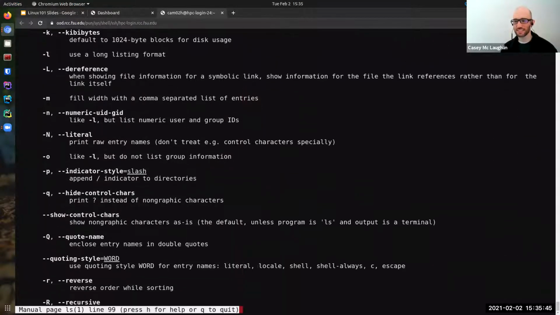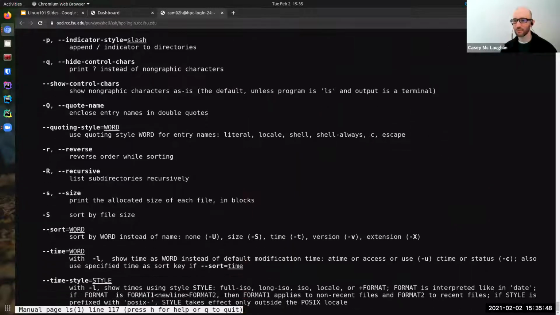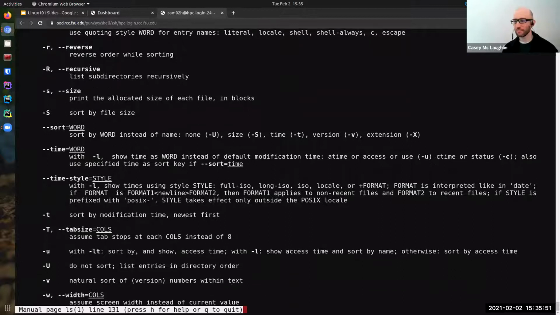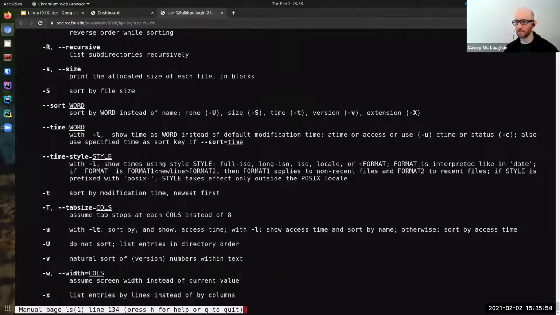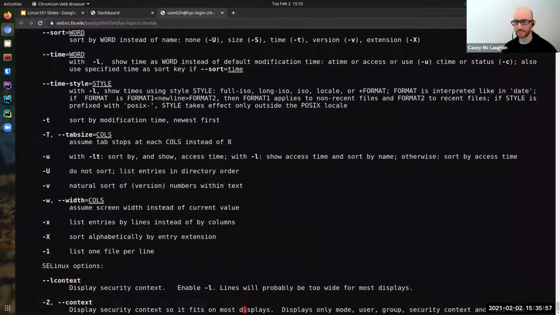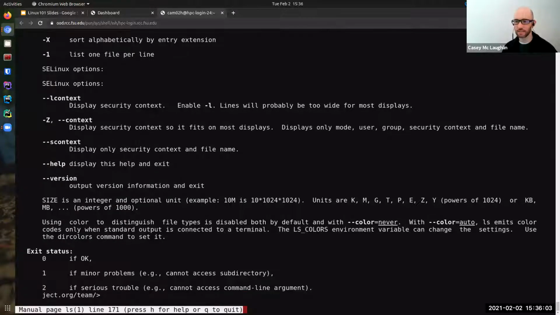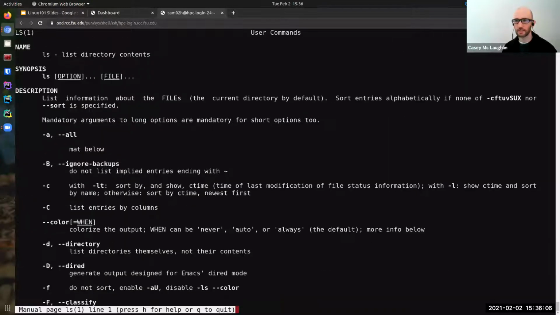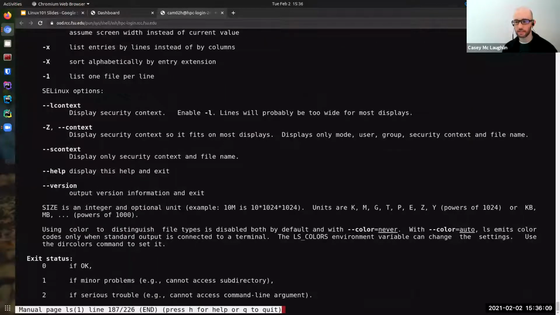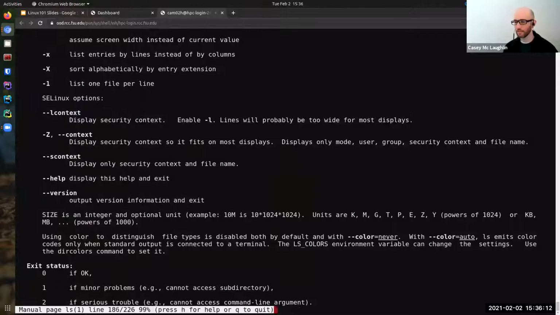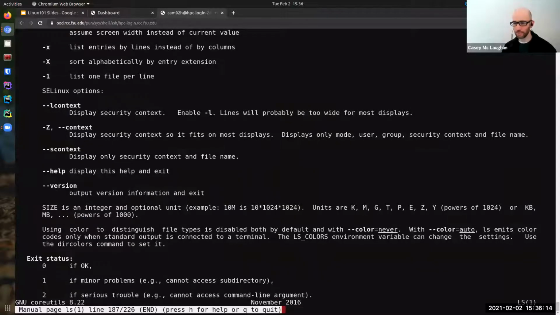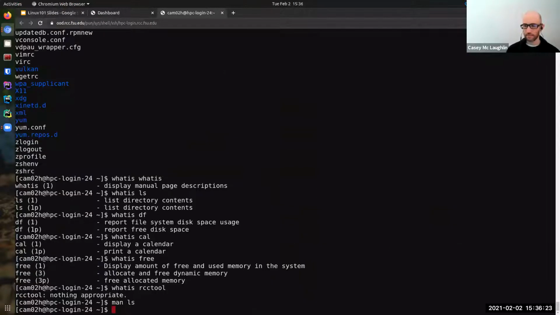Every single one of these options was put in at a later date by somebody because they needed to accomplish something very specific. And finally, the next section, okay, description. When you get to the bottom, you get attribution information about it, but you'll know you're at the bottom because it'll say end. And then it'll say press H for help with this interface or Q to quit. And when you quit, it dumps you right back on the prompt.